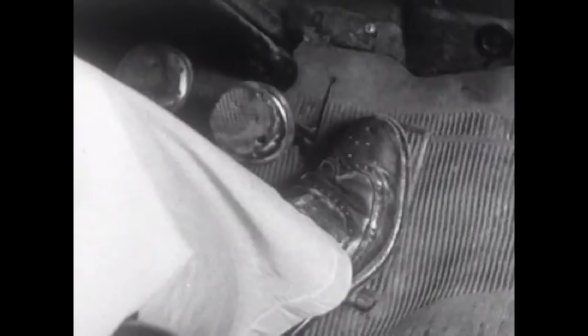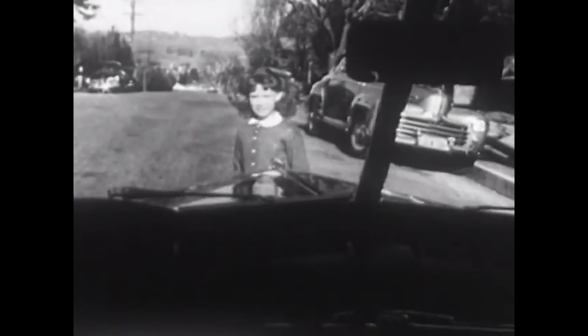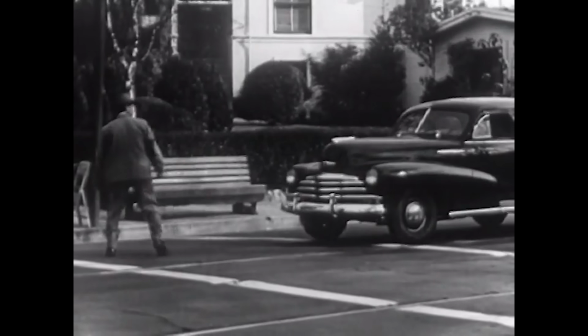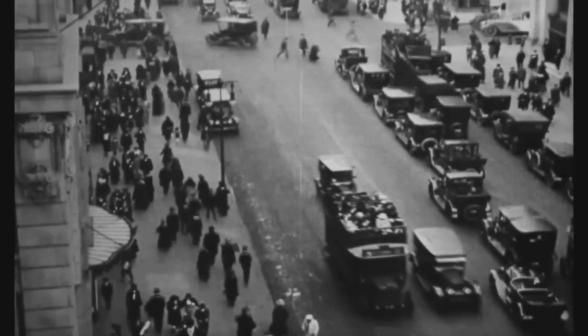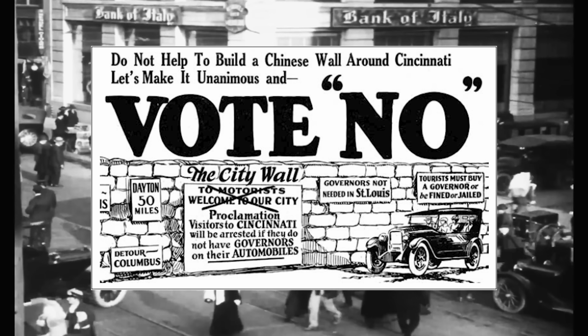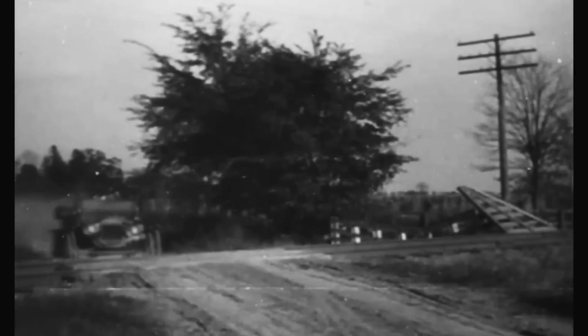In fact, more Americans died from cars in the 4 years after World War I than from actually fighting in World War I. If the Germans couldn't kill the Americans with guns, they would do it with cars. But this undoubtedly caused a massive outrage, and by the 1920s, people hated cars. They demonized them and demanded speed governors to be installed onto them. But the auto industry fought back hard.